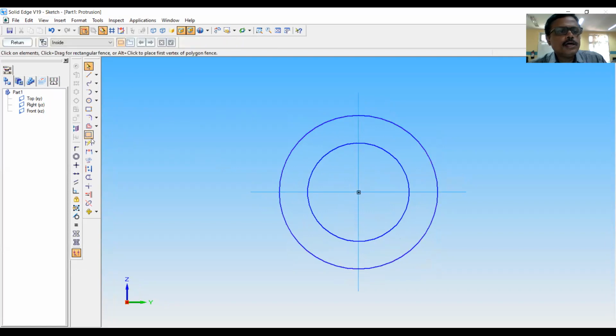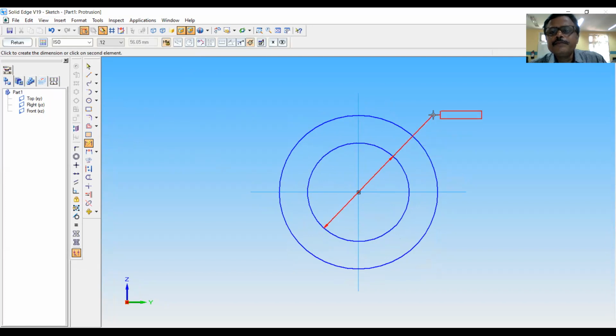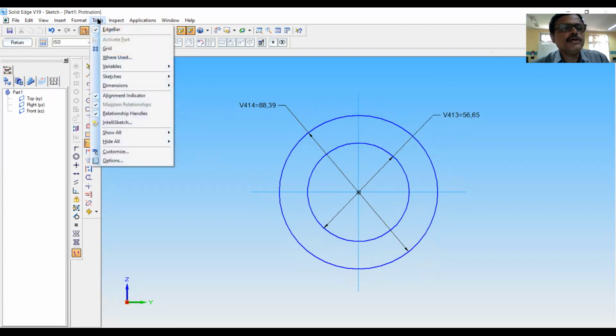Now you do the dimensioning using smart dimension, this one and this outer circle, and you have to do this model with the help of equations.